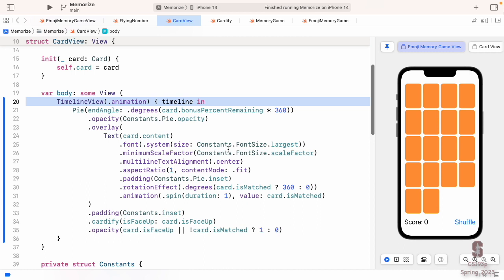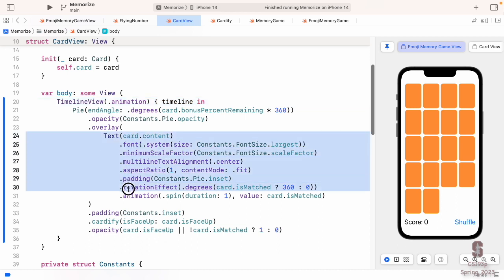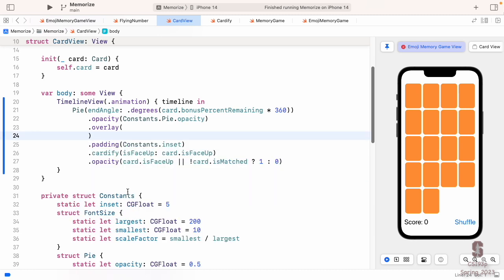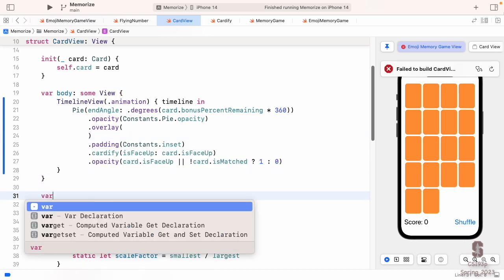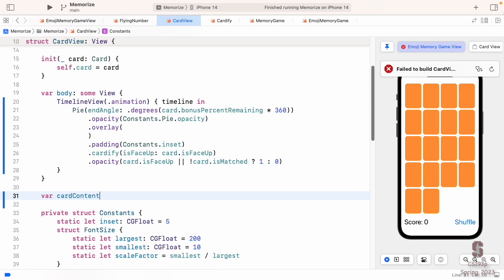While we're here, let's go ahead and clean up some more, because look at this one. More than 12 lines? I think so, right? Maybe 13, 14, I can't really tell, but not good in any case. This whole thing definitely wants to be its own. That many view modifiers on something, so I'm going to take that out of there. Create a little var here. I'll call it the card's contents.